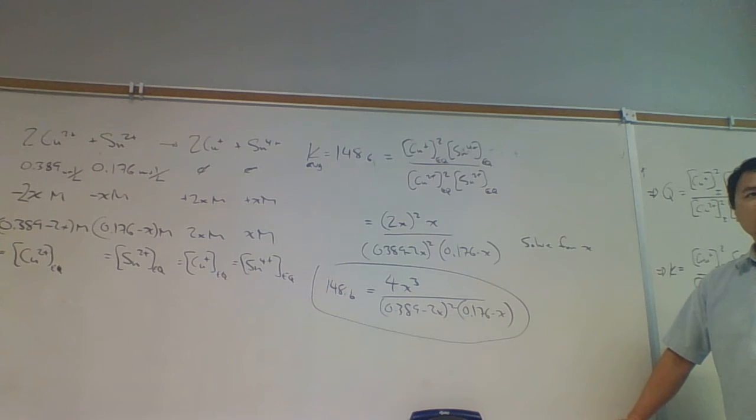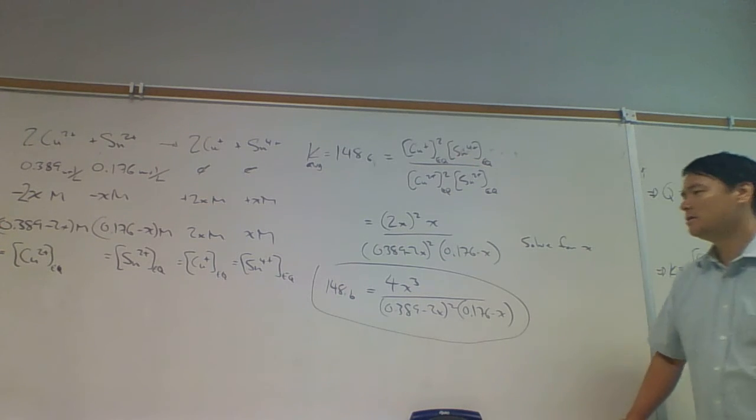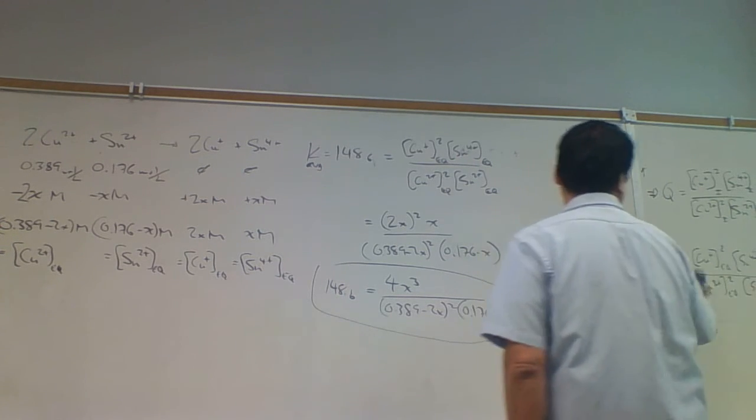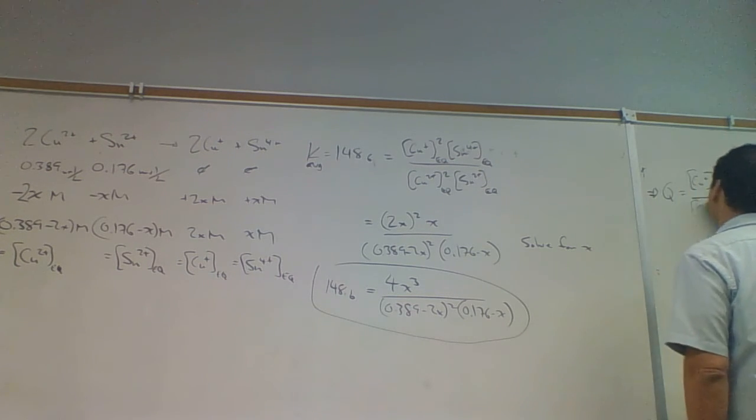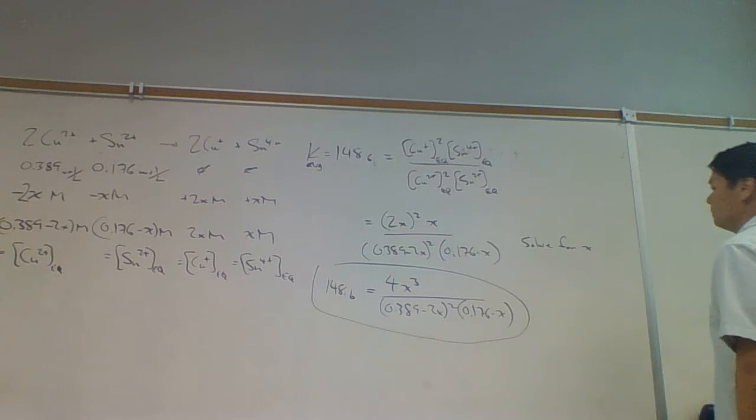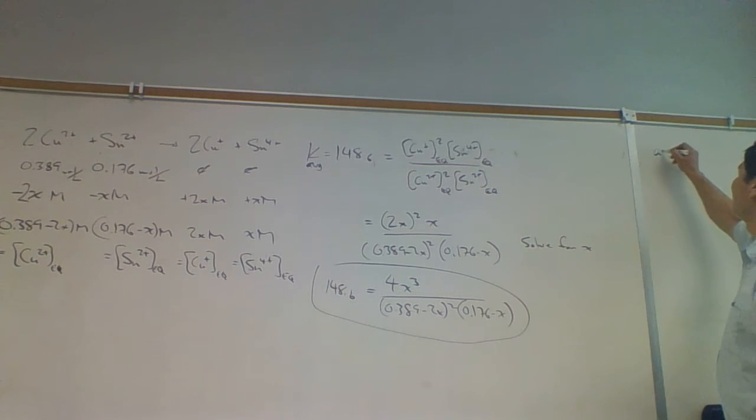What kind of calculator do you guys have? Did anyone get that Casio? You could just solve it easily with the Casio. But you have to do a little bit of work, because for the Casio you have to get it in a certain form: the ax cubed plus bx squared plus cx plus d equals 0 form. Then in the Casio, you would just plug in a, b, c, and d, and it'll solve it